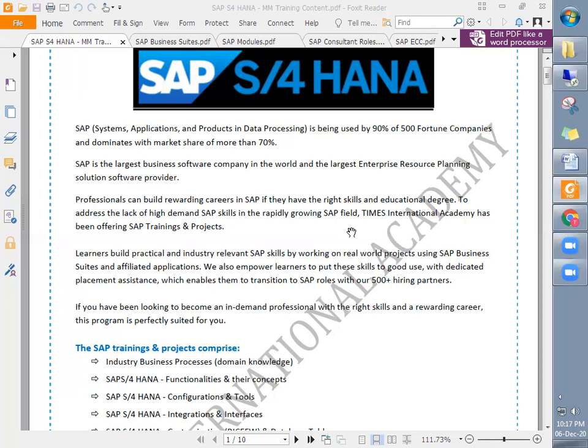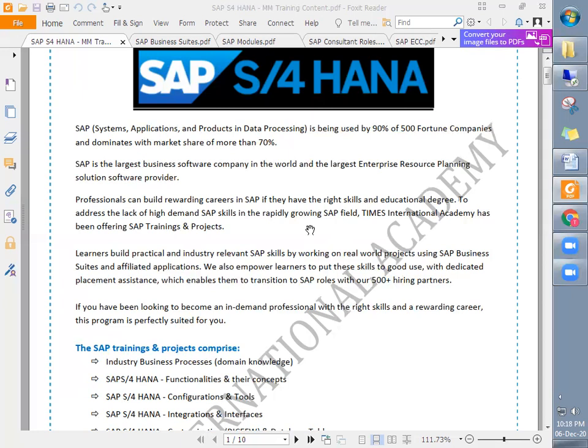So what these companies from the US, from the UK, from Canada, and from other countries are doing is outsourcing their SAP work to India. Instead of paying $10,000 in the USA, they may have their own branch in India, or they may outsource to IT service providers like Infosys, Wipro, Accenture, TCS. They outsource their SAP work, SAP projects, to Indian companies.